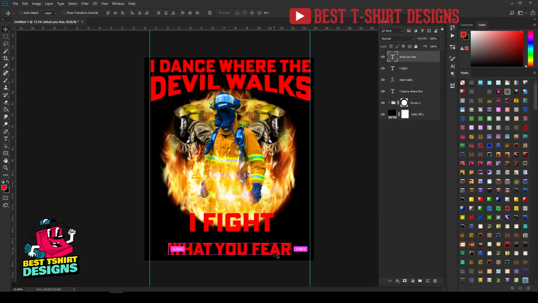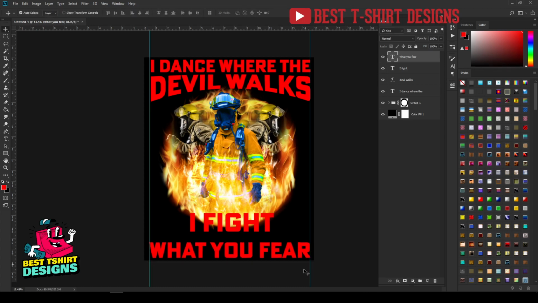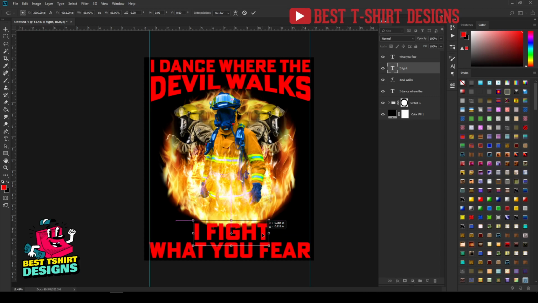And then "what you fear," I want to make it bigger, and then I want to keep that simple, because in the top area I have a straight line, then in the bottom area I will create another straight line, something like this. Don't worry, I just want to keep it as simple as possible.